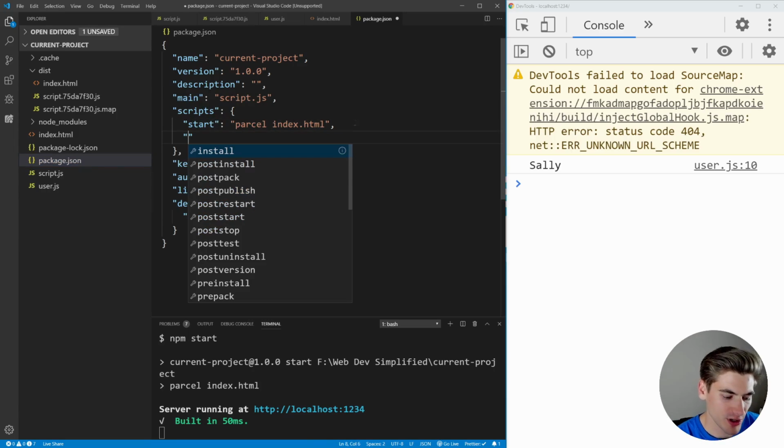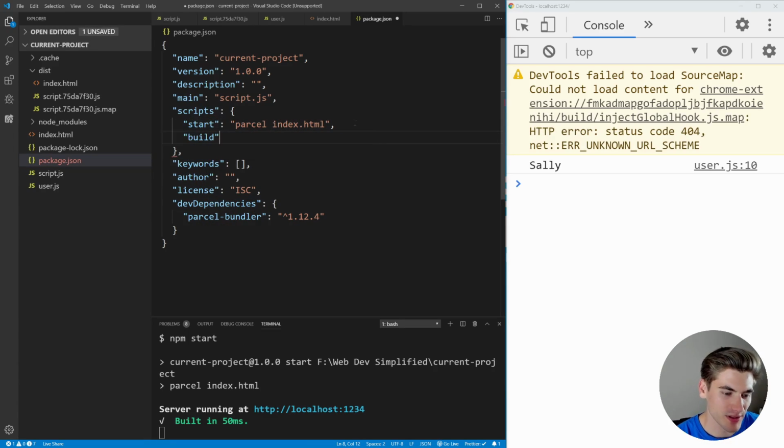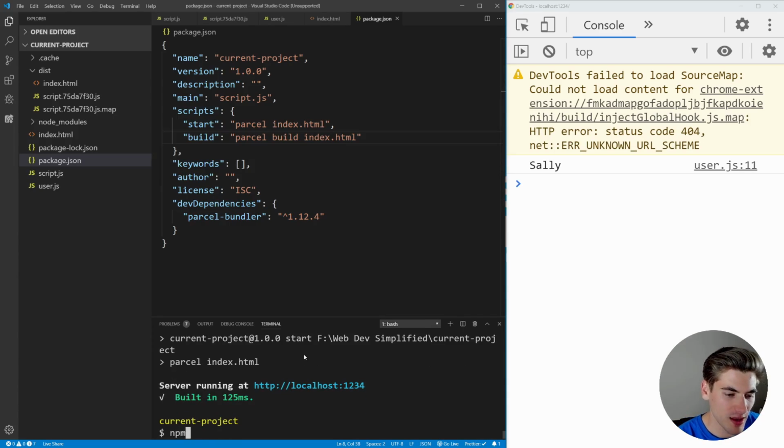In this script, we're just going to call build. You can call it anything you want, it really doesn't matter. But inside of here, we just write the code parcel build, and then the name of our file, which in our case is index.html. Now, in order to run a script with npm, let's just exit out of this real quick. All you do is run npm, then you type the word run, and then the name of the script,